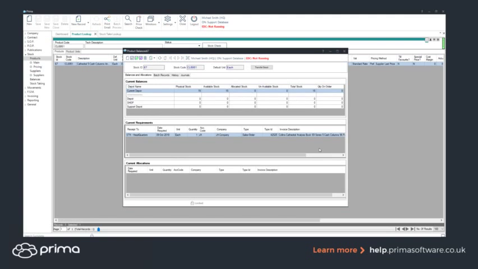So I would just click this, and then what it would show from a glance within this balances and allocations is any current requirements, any current allocations if you do have any, as well as a quick overview of what stock you've got across all of your depots if you have a multi-depot Prima. So in this test database we've got a few depots, and there's only one depot that contains stock, which is the current HQ stock that we're using. Now if I go to the batch records tab here,